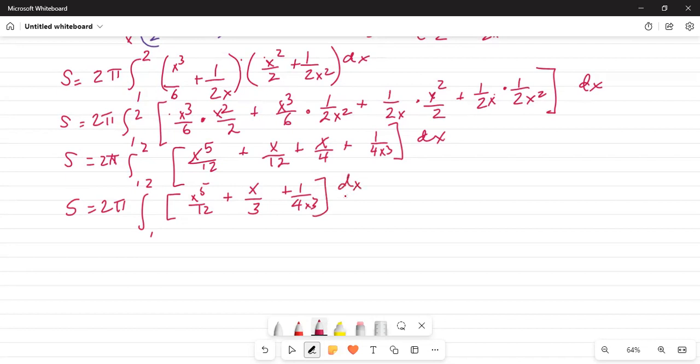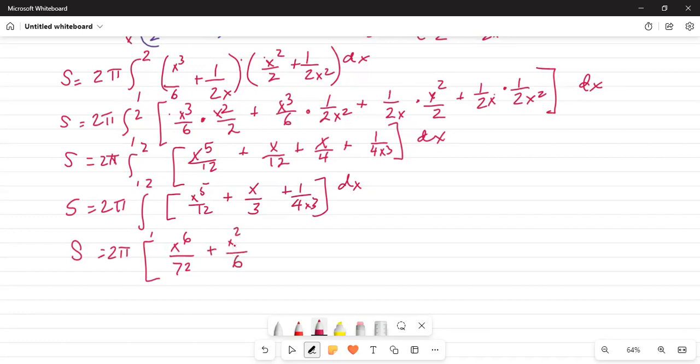Okay, so S is equal to 2 pi. I will now complete the integration. So it will be x^6 over 72, plus x squared over 6,